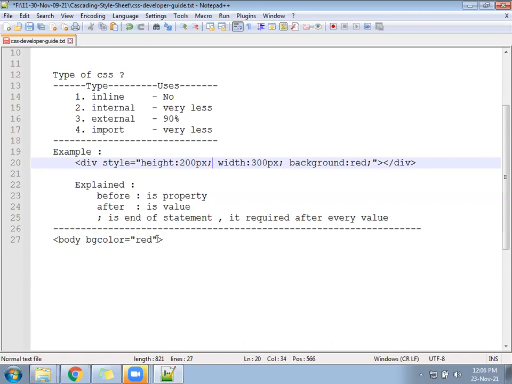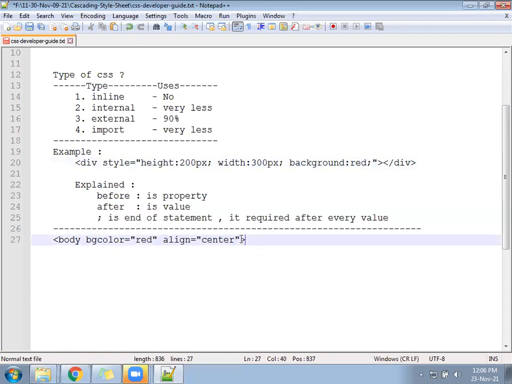In HTML you don't have any semicolon. You can write like this also: align equal to center. One property separate, another property separate. There is no need of semicolon or colon or comma. But CSS says after one property, you must give the colon and value, and after value you give the semicolon, the end of the statement.